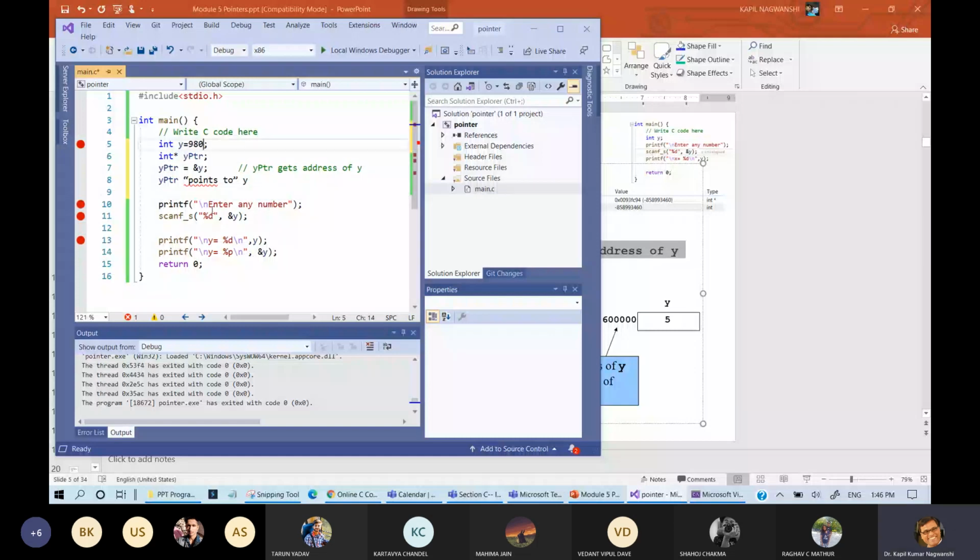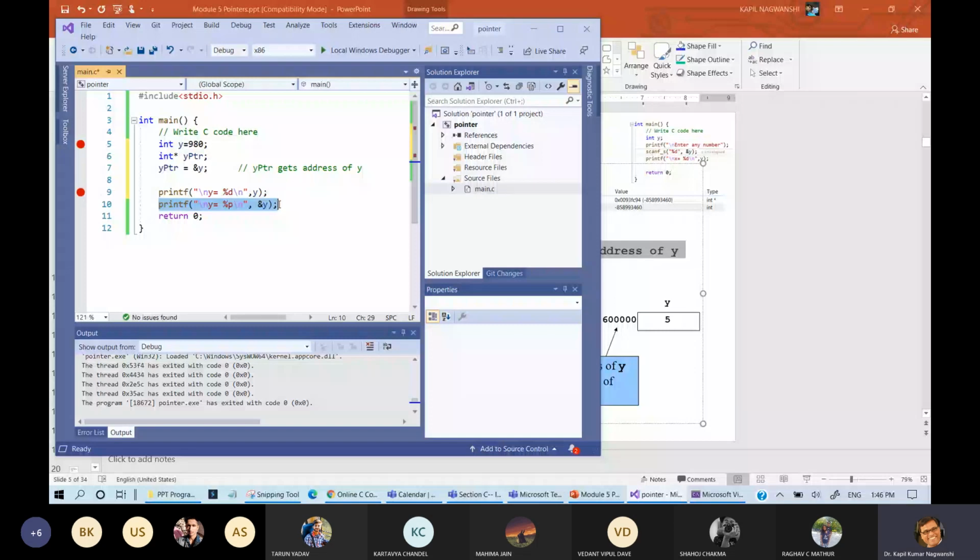So this step we are not using. Just see the different outputs. What is the output of Y? What is the address of Y? And we have written here Y pointer equals address of Y. So let us see what other values are coming.